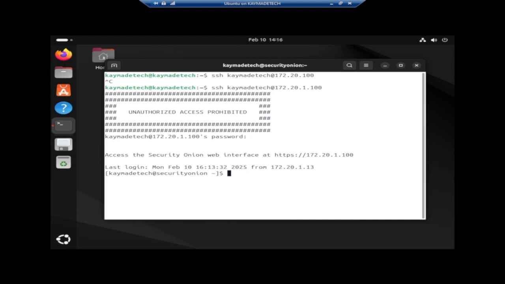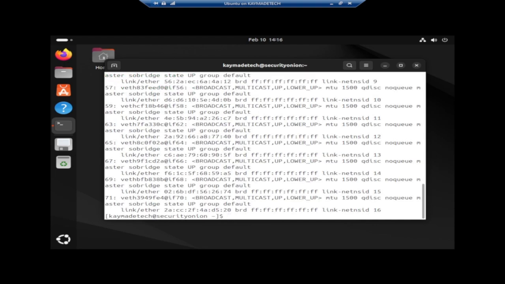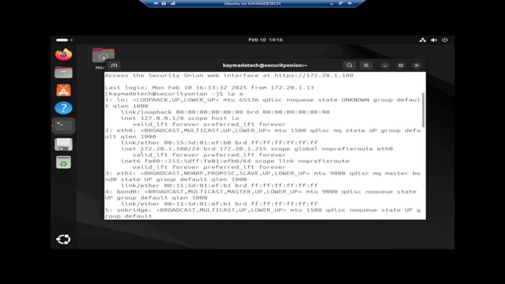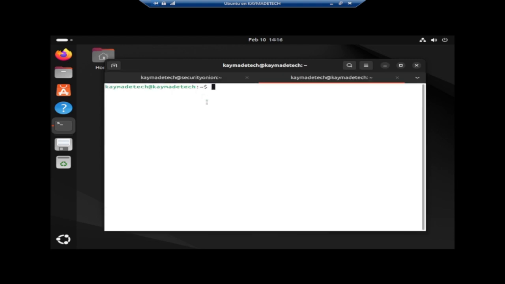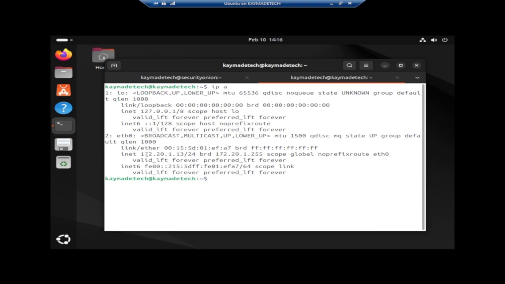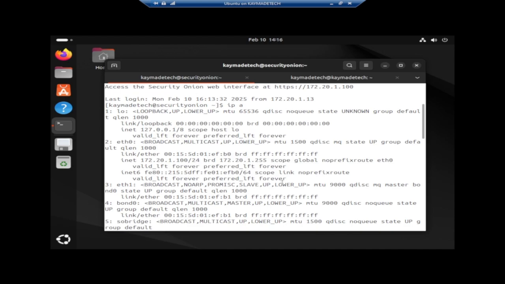Just to confirm that we are here, Security Onion, the IP address is this. So that means we are in Security Onion. And the IP address for Ubuntu is this, 172.1.20.1.13. So what next can we do? Now that we are in here,